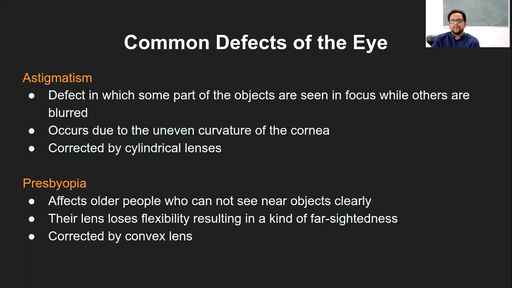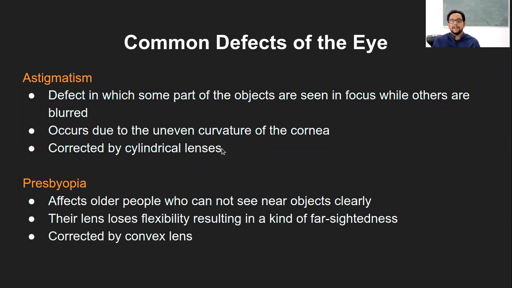Let's say if we have dry eyes or irritation in the eyes. Whenever there is less aqueous humor or less tear production, or less lubrication overall in the eye structure, that causes damage to the cornea, and then the cornea, which is ideally an even and uniform surface, becomes uneven, or some cells within the cornea might get damaged, which also causes an uneven surface, and because of this astigmatism can happen. And it is usually corrected by cylindrical lenses.